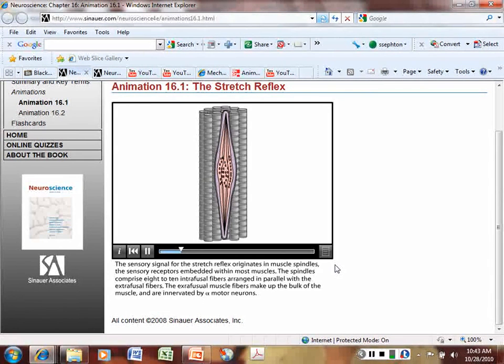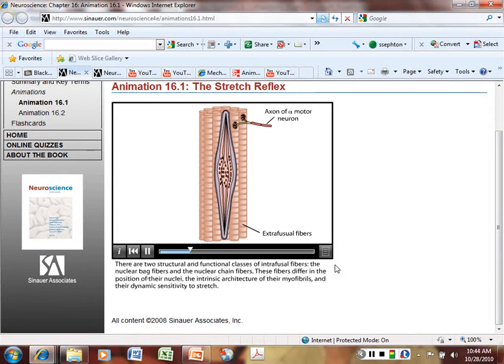The spindles comprise 8 to 10 intrafusal fibers arranged in parallel with the extrafusal fibers. The extrafusal muscle fibers make up the bulk of the muscle and are innervated by alpha motor neurons. There are two structural and functional classes of intrafusal fibers: the nuclear bag fibers and the nuclear chain fibers. These fibers differ in the position of their nuclei, the intrinsic architecture of their myofibrils, and their dynamic sensitivity to